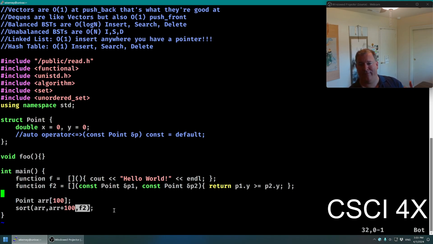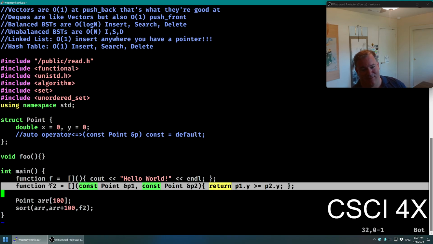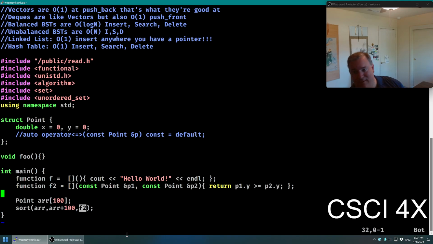Some people don't like reading a function call and suddenly you've got a page of text right there inside of your function call, and you're like, where's the closed parentheses again? Here's the open parentheses, and you're scrolling down, where's the closed parentheses? So there are times where you might want to just save the lambda into a function object, and then you can just pass the function object to the sort function. It's up to you.